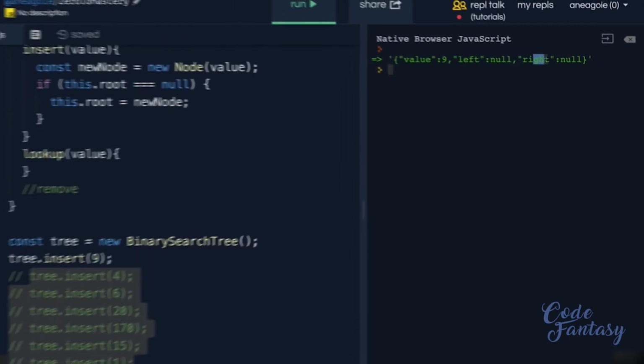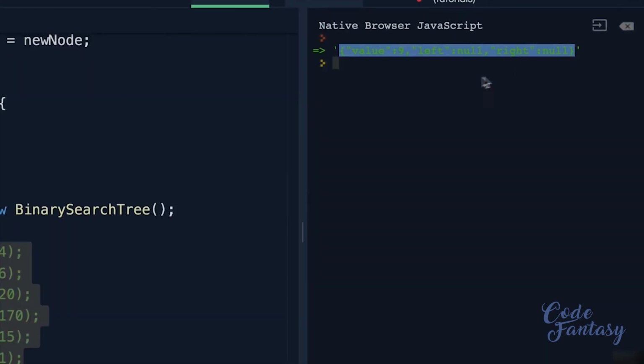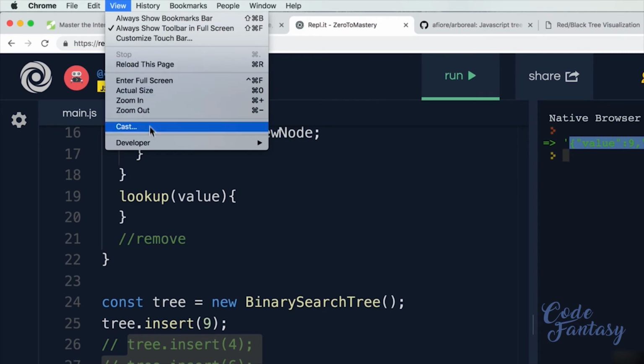Left is null, right is null because it's the only node. And by the way, to show you how this stringify works, it's really, really useful because if I copy this, and just point out here that I'm not copying the quotation marks, which makes it a string, and if I open up developer tools